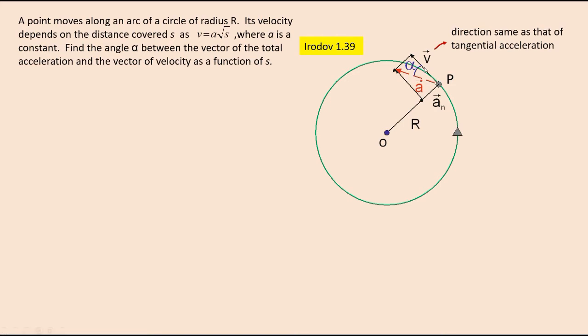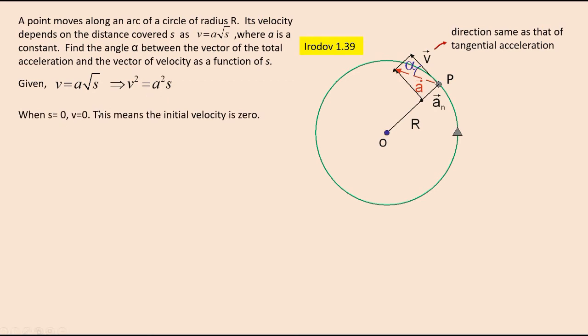Have you understood this? So tan alpha will be opposite by adjacent. Opposite means this arrow, which is the same as this arrow, normal acceleration. Adjacent side will be tangential acceleration. Now remember all these things, then we proceed like this. We are given v is equal to a root s. We are getting v squared is equal to a squared s. So instead of proceeding in a very straightforward formal way, we will adopt some kind of a comparison. That will make things easier.